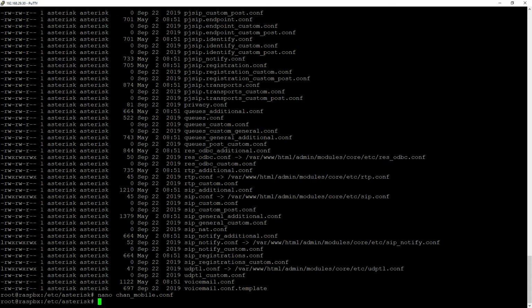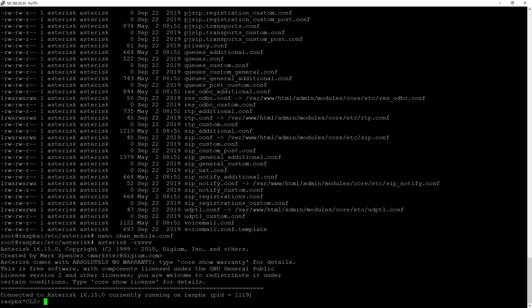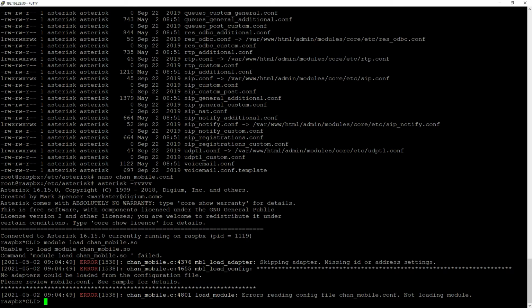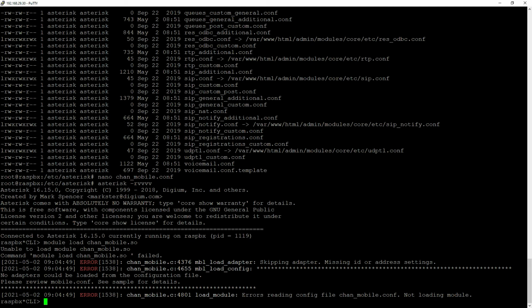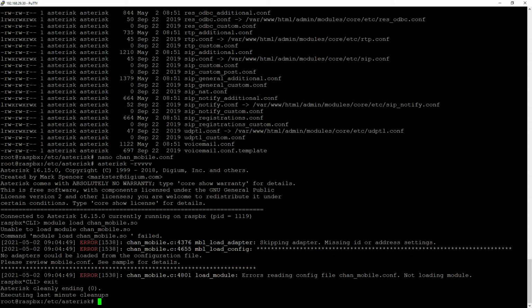And you need to fill all those informations, because if you don't, if we enter asterisk console and do module load chan_mobile.so, as you can see, we are unable to load the module because we have incorrect configuration of our main file. To fill all this necessary data, we will use this hcitool.